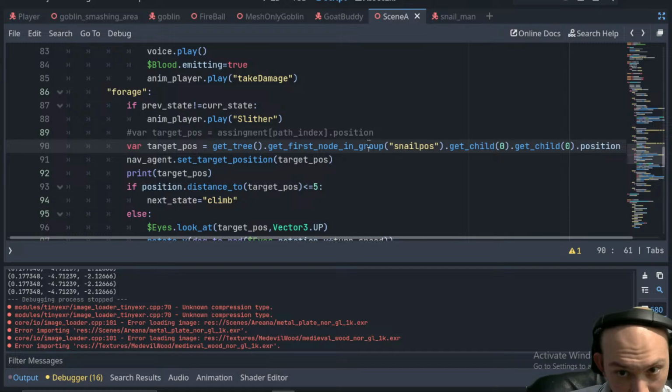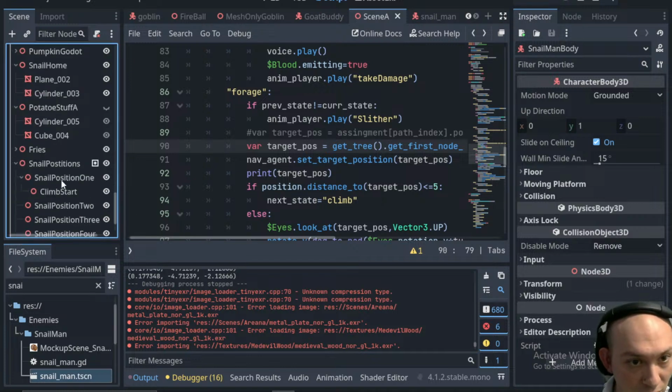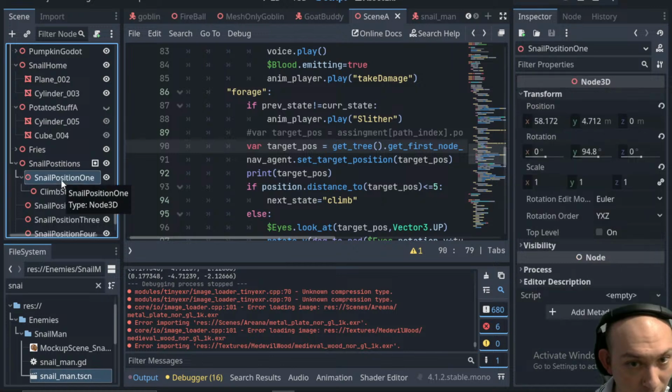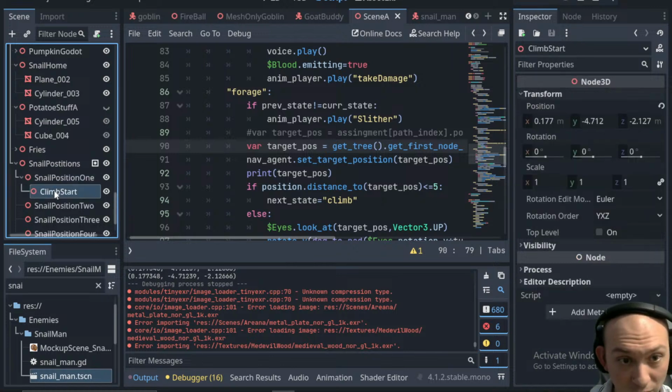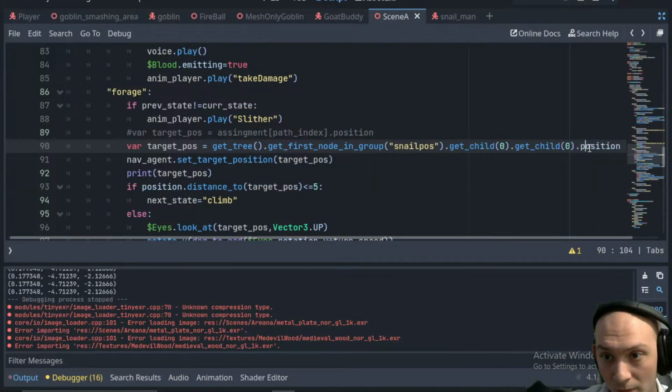Get tree, get first node in group, snail pause, get child 0. So it should be get child 0 right here, and then get child 0. Oh, I guess it gets its position relative, so we need to get... I thought it should get its position in the world. So shouldn't we get